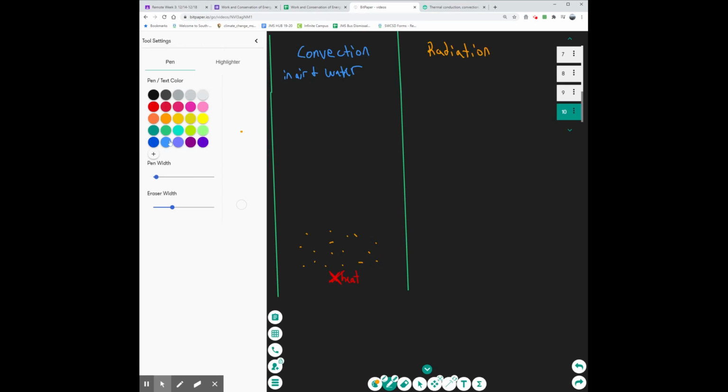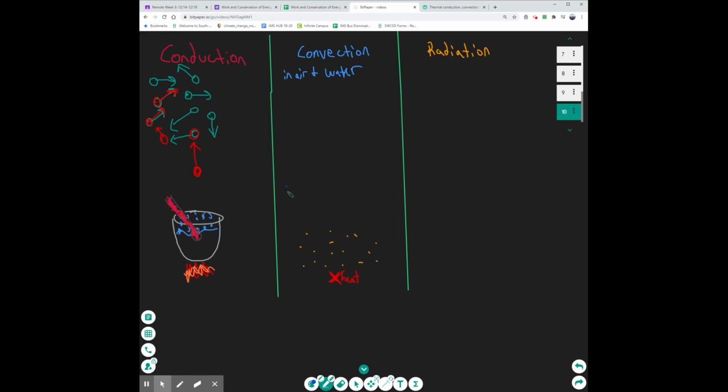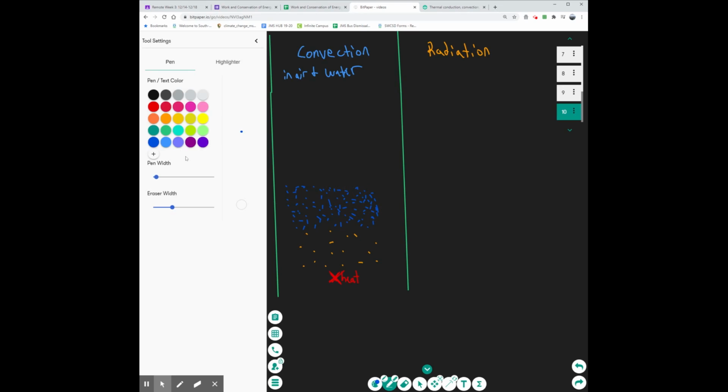Now, as you get farther away from that source, you might have a lot more dense air particles up here. And I'm going to fill in that gap with these particles as well. Now, these can be the same particles. They can be air particles, water molecules, whatever liquid fluid you're in, right? So remember, gas can be considered a fluid in this case. So what happens is